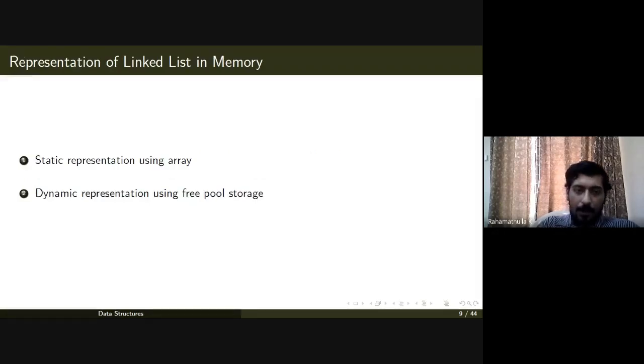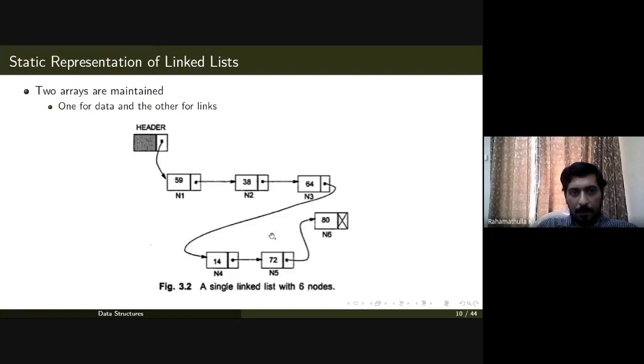Let's see a sample representation of linked list in memory. First, we will see an inefficient representation by using an array. Then we will go for the actual dynamic representation using free pool storage or heap memory. In case of static representation of linked list, we are going to maintain two arrays. Static representation means we are going to use arrays for representing a linked list.